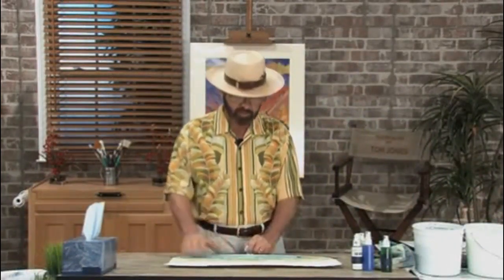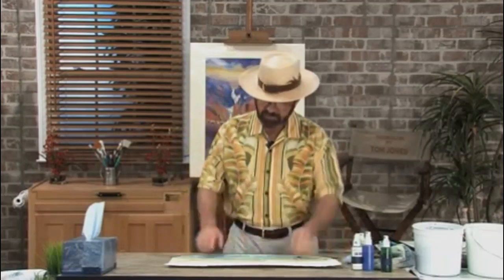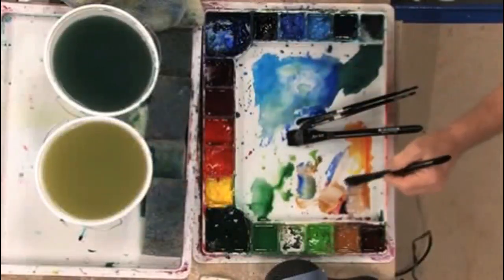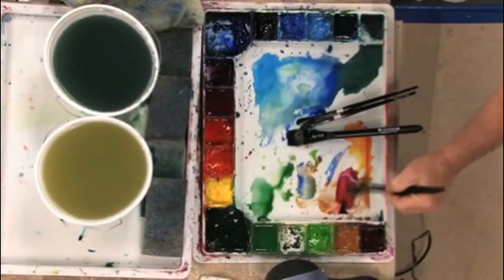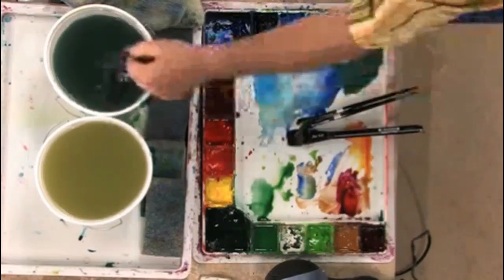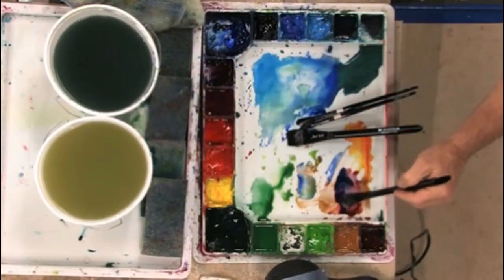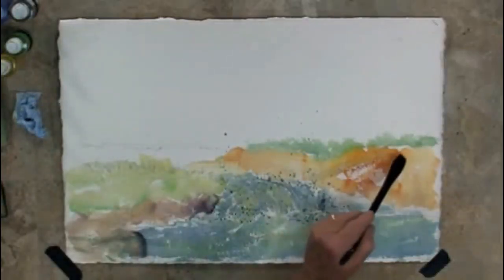All right, the painting is dry. Let's take a look at putting in some of the finishing touches. I'm going to start on this side with the embankment, and I'll take a little bit of my sienna, a little bit of my quinacridone rose, maybe a little bit of my ultramarine deep, and get a nice, rich, dark color, just to create